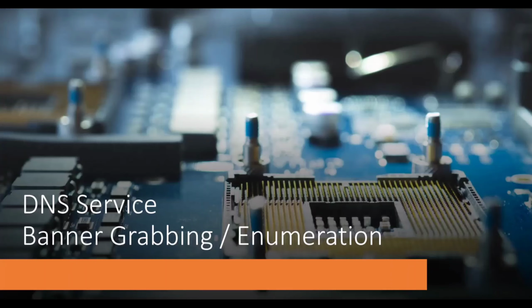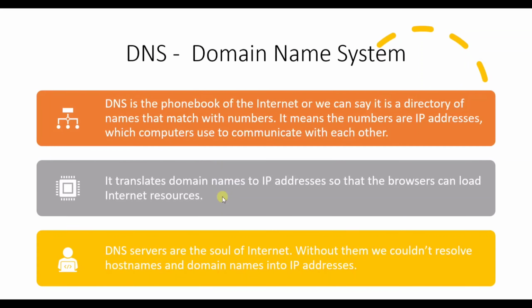We can also say this is a kind of phone book or directory of the internet. Here you can see on my screen about the DNS. However, DNS is one of the most frequently attacked protocols, where different types of attacks are spread within any infrastructure. The attacks like DNS cache poisoning, DNS brute force and DNS flood. So there are a lot of attacks that can be performed on the DNS service or server.